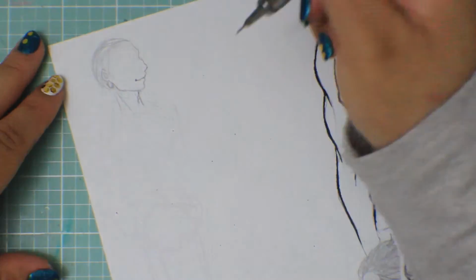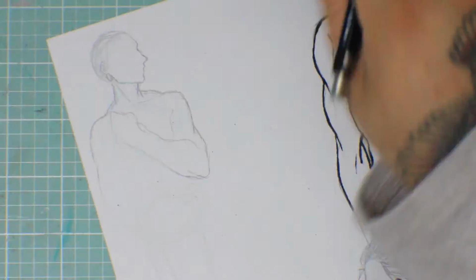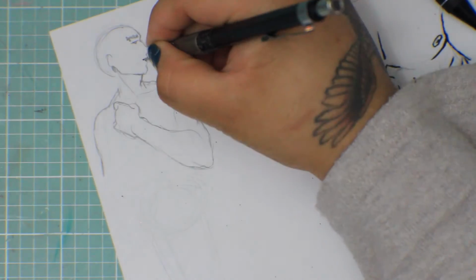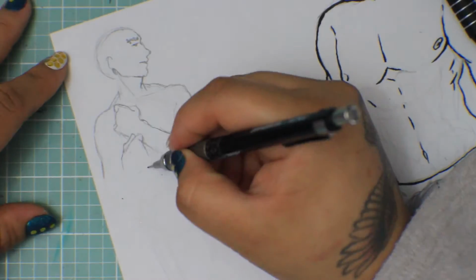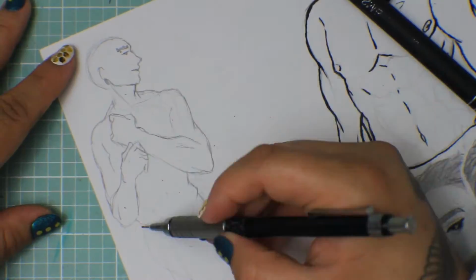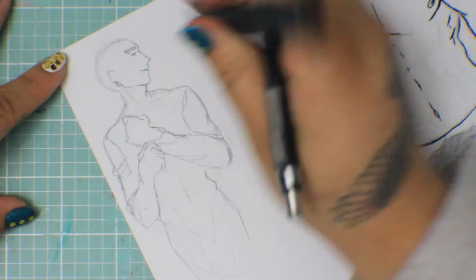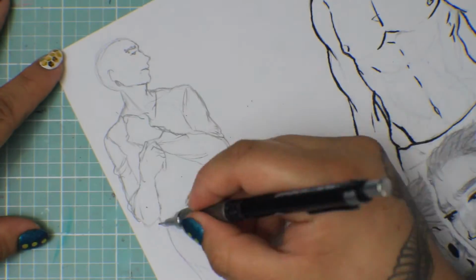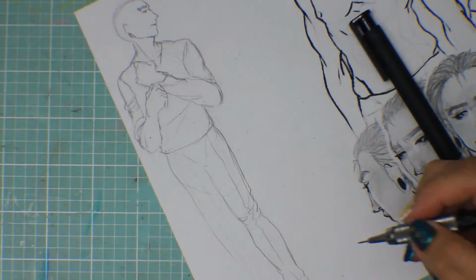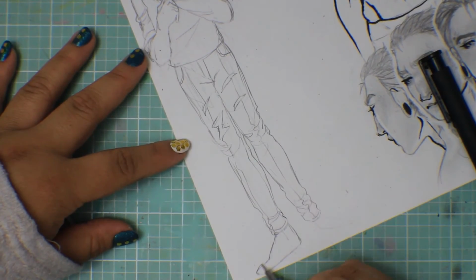Okay, so for this full body reference, even though I did the whole reference sheet with him in his underwear, nude, so that I can see his body shape and his tattoos, I don't know why in this full body I last second decided to draw him in clothing. That makes no sense. So right now I'm gonna show you the process of the drawing with clothes, but later towards the end of the video I will show a clip of me erasing everything and then redrawing the whole body